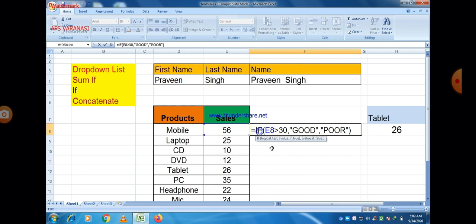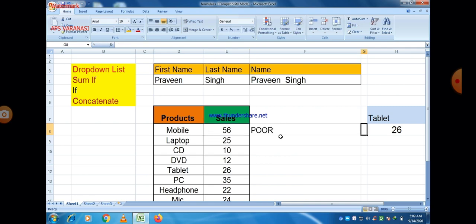So now I think the concept of if is very clear to all of you, how it works. And there are different operators such as less than, greater than. Now you can have less than, equal to, greater than, equal to, not equal to. So this is the symbol of less than.